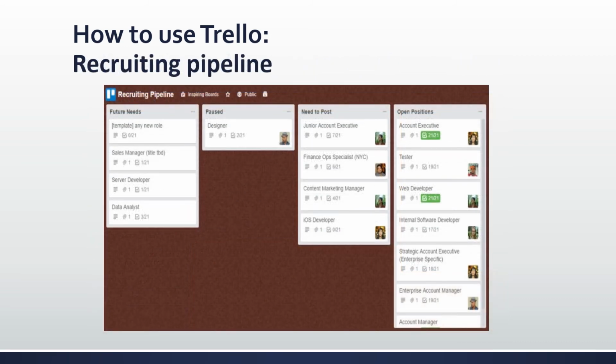Recruiting pipeline. With the recruiting pipeline Trello board, you can allow hiring managers to post requests, communicate progress with hiring managers, and keep track of recruiting statuses and assignments. Add a request lane where the hiring manager can add requests to open positions. You can add an incomplete lane where requests that require more details before posting can be listed, reminding the hiring